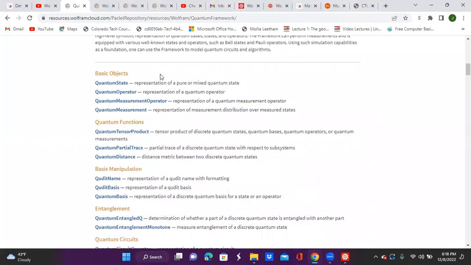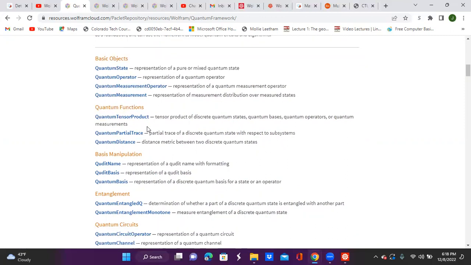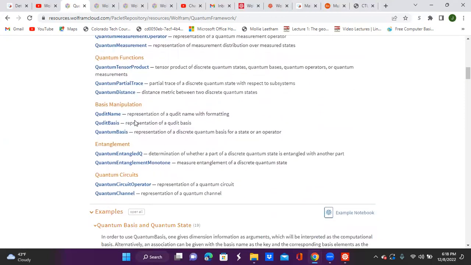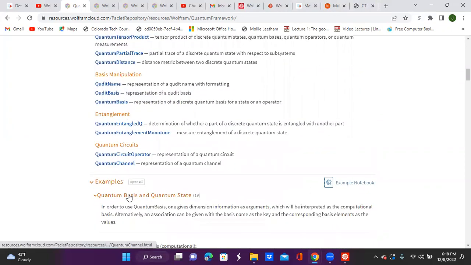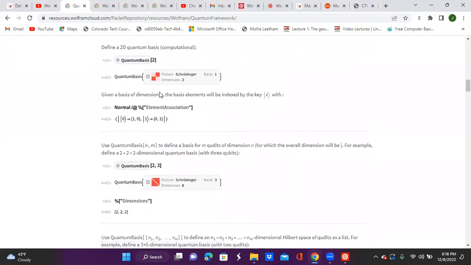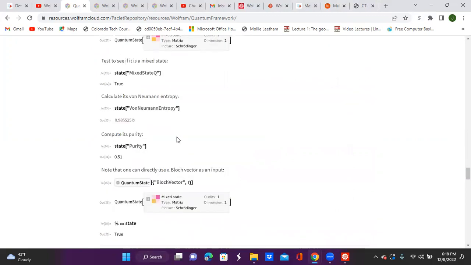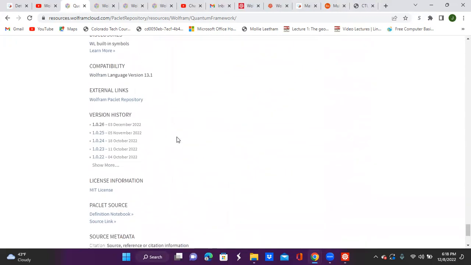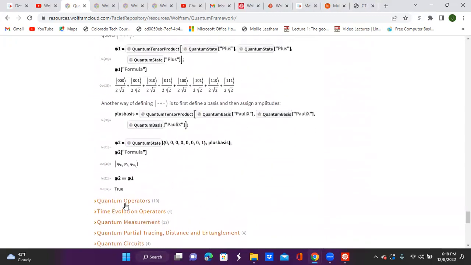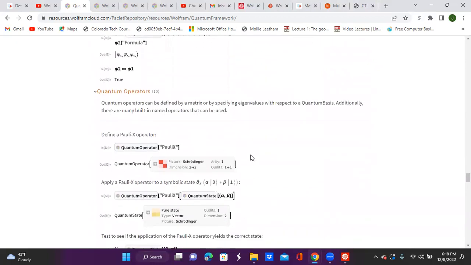State, operator, measurement, tensor product, partial trace, go all the way down the row. Look at all of these examples, and when you get to the bottom, there's more examples. That's not the end right here. There's 100 more examples